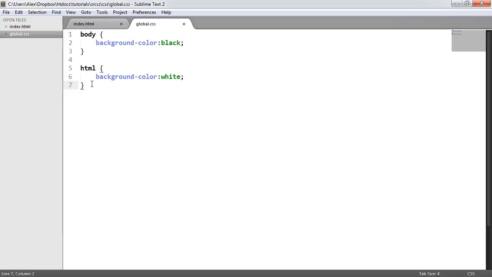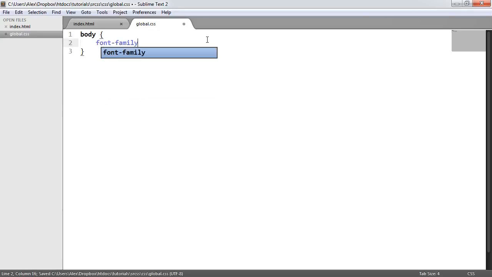But that's where specificity comes into things, but we'll just ignore that for now. Later on we'll look at that. So the body of the page, we don't want to go ahead and set the background to black. That's completely useless. But what we do want to do is use the font family property to set a font family. Now we're not going to look into fonts now because this is basically just looking at how we're interacting with the page, but we'll go ahead and just set a font of Trebuchet MS, and that's